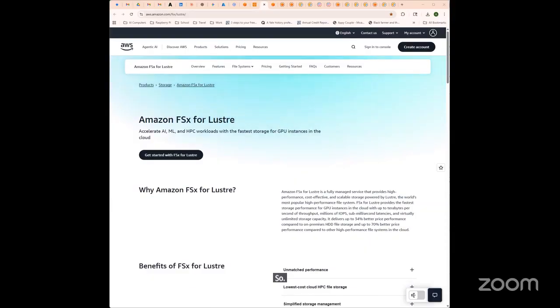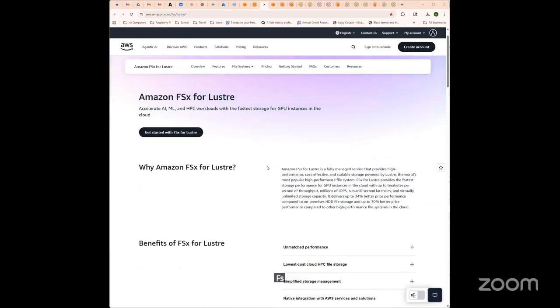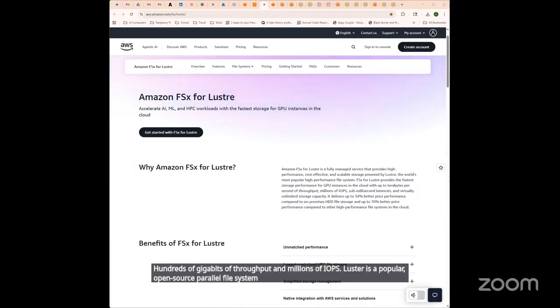So, what is Amazon FSx for Lustre? FSx for Lustre provides a fully managed Lustre file system that delivers sub-millisecond latencies, hundreds of gigabits of throughput, and millions of IOPS. Lustre is a popular open source parallel file system used in many of the world's fastest supercomputers